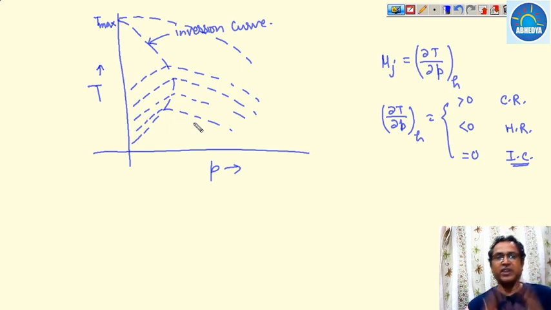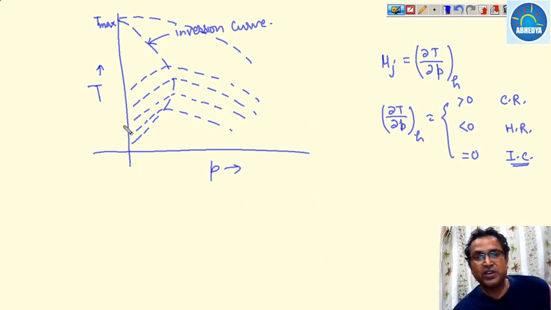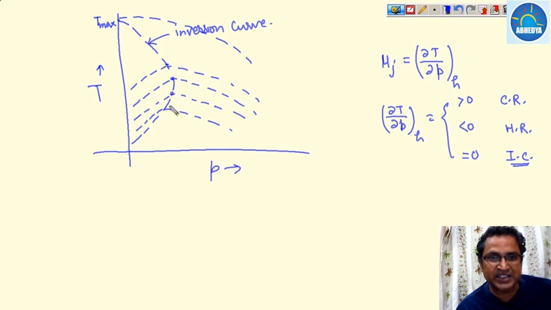So whenever we have to get the cooling effect, we have to select a material in such a way that its maximum inversion temperature should be very, very high, so that we can achieve the cooling effect. Okay, and the maximum cooling effect will be obtained when the substance is at the maximum inversion temperature, where del T over del P is 0, or on the inversion curve.